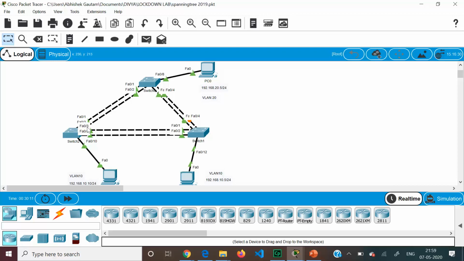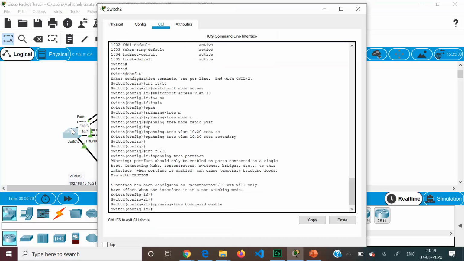So this BPDU packet need not go to the PC unnecessarily. Why waste the bandwidth and the processing capability of the switch to send it to this particular PC? So to avoid all this processing, we say do not send any BPDU packet on the access port, which is F0/10. Therefore, we have used BPDU guard enable.